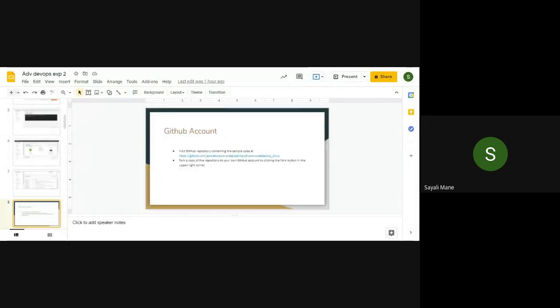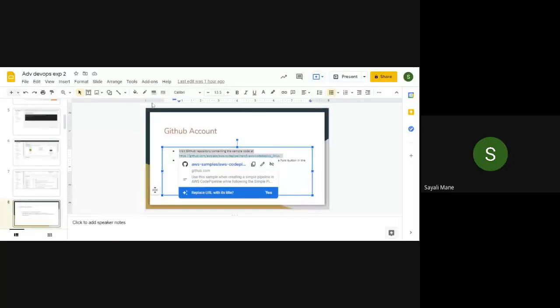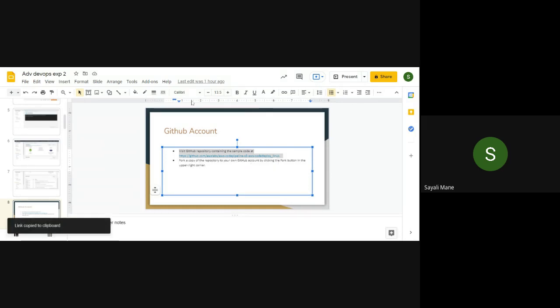Open the GitHub account. Let me paste it in your chat box.